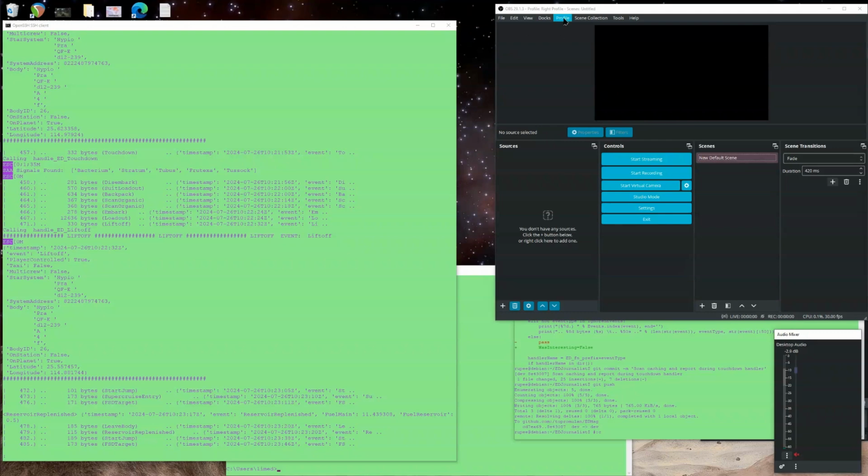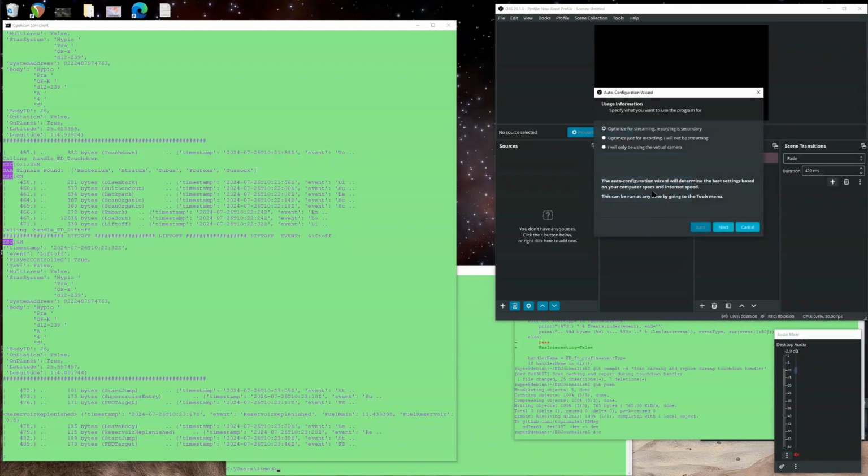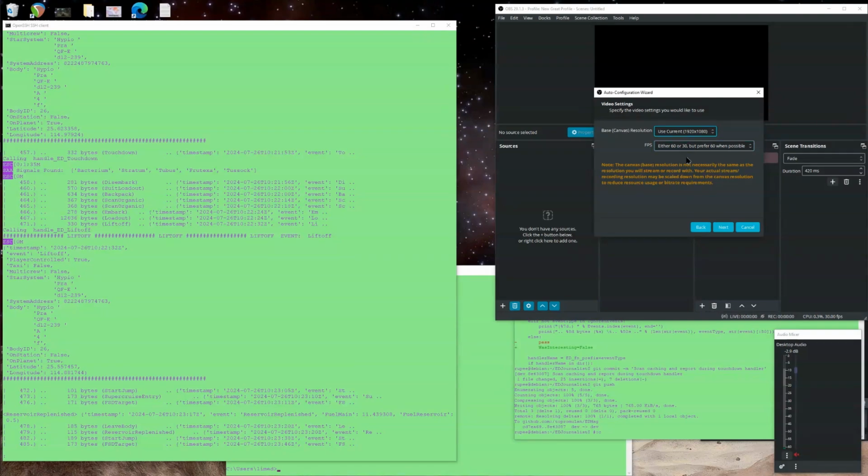Something missing. About the profile, you might as well create a new one of those too, just to make sure you made the sensible choices. I'm just going to call this new great profile. I'm going to choose that it's for recording. I'm not aware of the differences, but that's all I use it for. And I'm going to take the defaults,